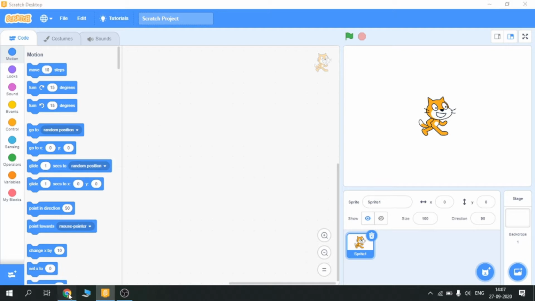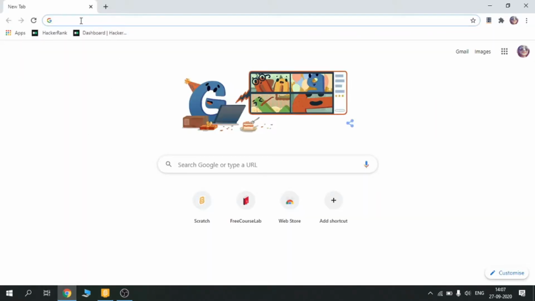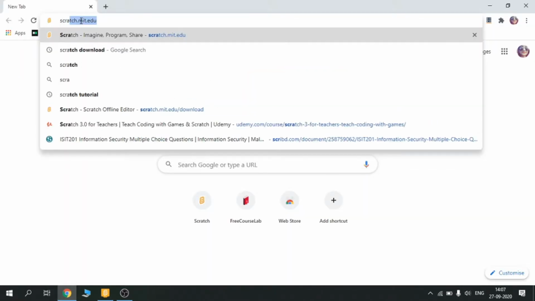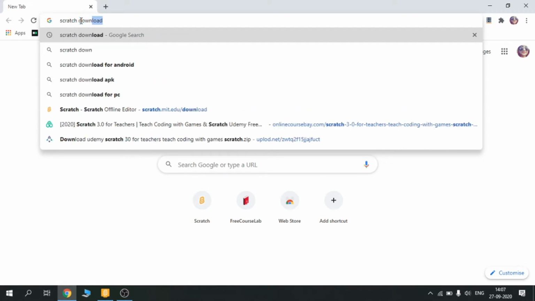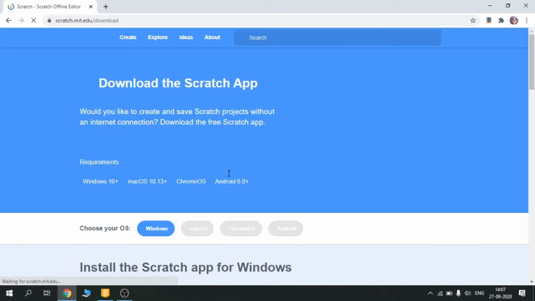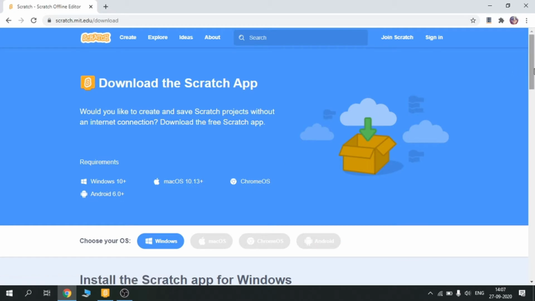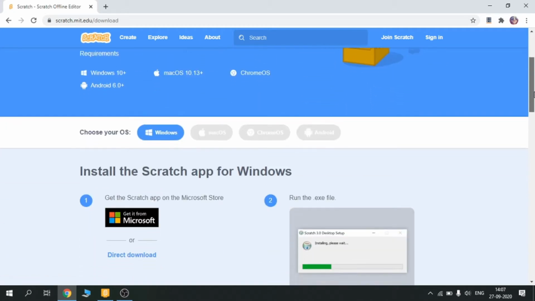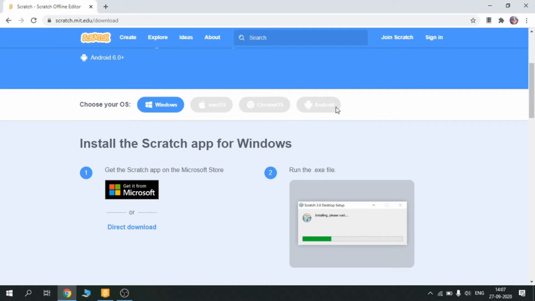Okay, so go to your Google Chrome and type here Scratch download. Then just click on Scratch offline editor, and this page will appear, and choose your OS accordingly. Mine is Windows. So click on the direct download.